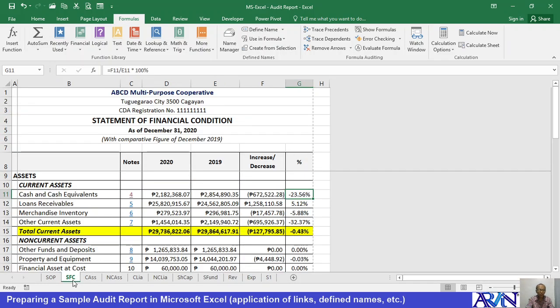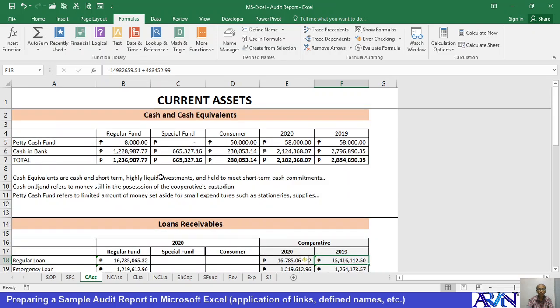Now, in this area, what I did here, for example, under the total of cash and cash equivalents, I named this cell N4 2020. To name the cell, you just click on the cell and then click on this. For example, you would like to name this the total for regular fund, then click on the total value and then name it here. For example, CCE